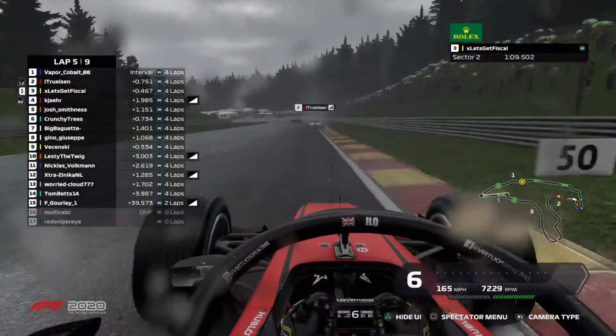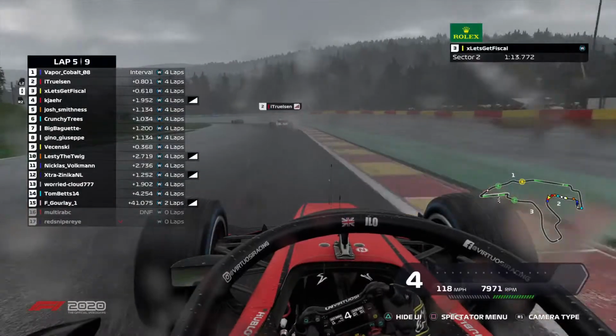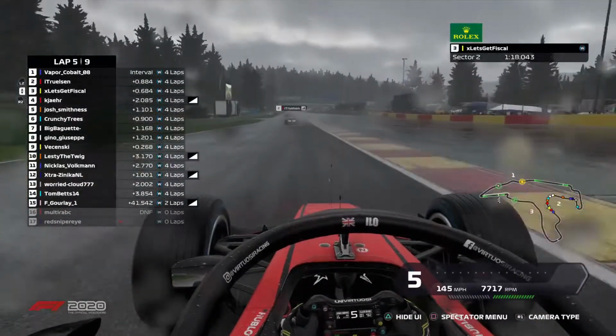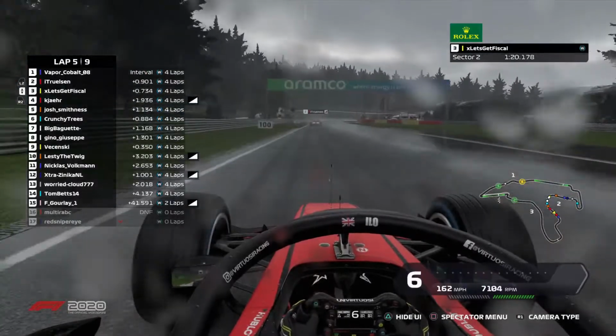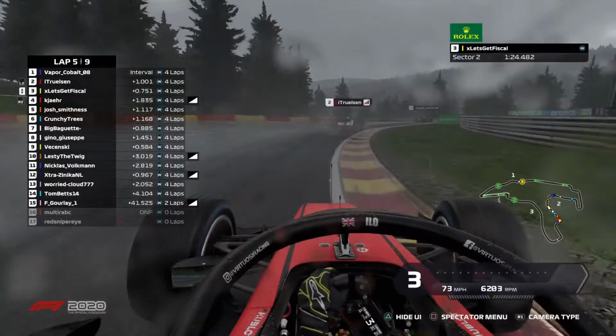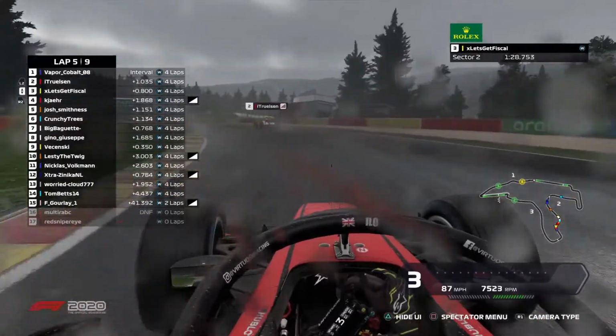Let's Get Fiscal, of course, starting the sprint in 8th place, up to 3rd now after winning the feature race. So certainly looking for back-to-back good results between the feature and sprint. As, of course, is Trulson, 2nd place in the feature, currently in 2nd here in the sprint. Vapor Cobalt, of course, most in need of that big finish